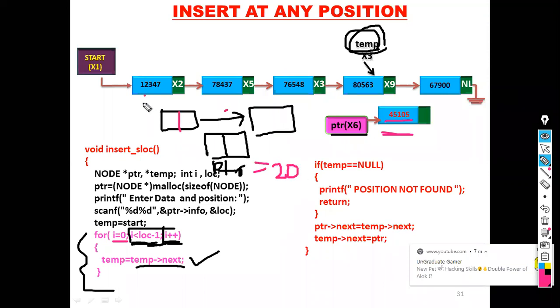The temp is pointing to the node at address 10, and this node's next is 30. See the structure. Now tell me what are the assignments I have to do so that ptr is inserted after temp.